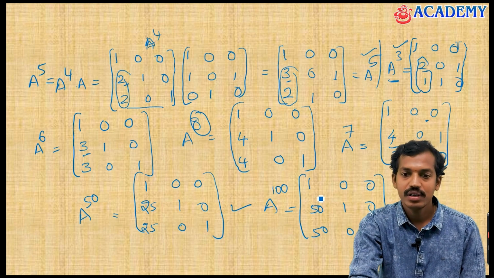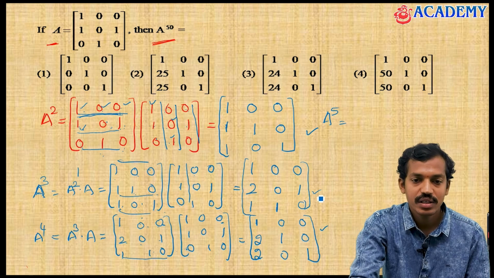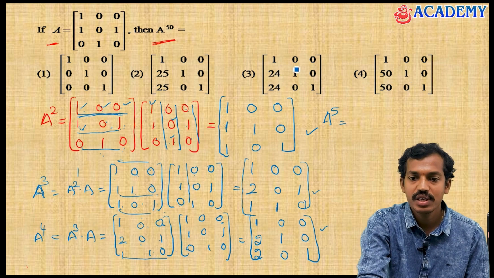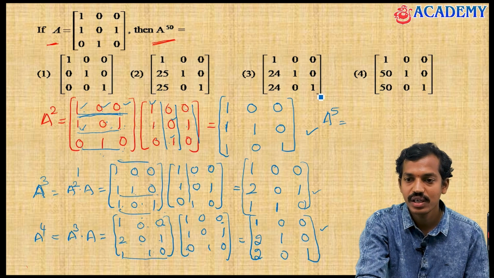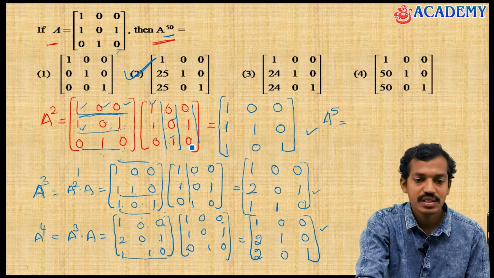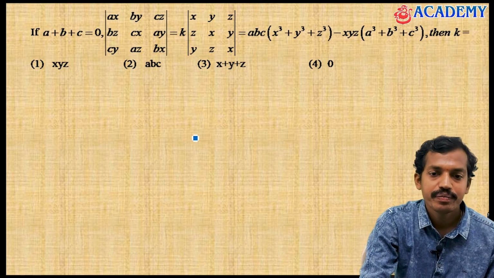Simple. Understanding? Right? With that logic, if you see the question, it is the same format only, the options are going to be in the same format. Here diagonal elements are 1, here diagonal elements are 1, here also diagonal elements are 1. 50 is given, that's why 50 means indirectly you have to take 25. That answer is going to be the second option. Okay, let's move to the other problem.